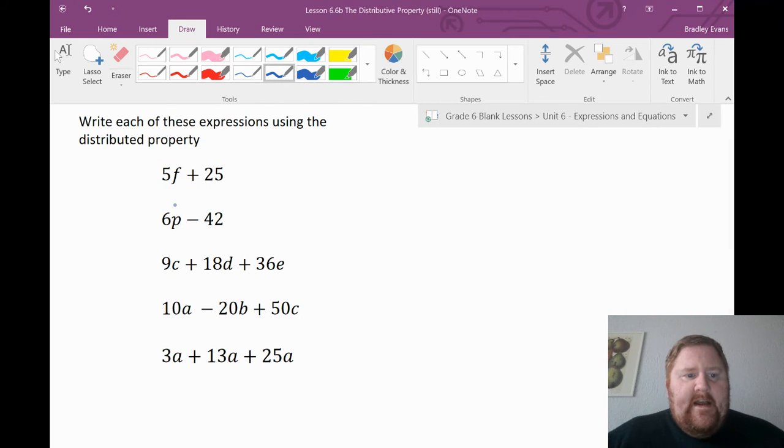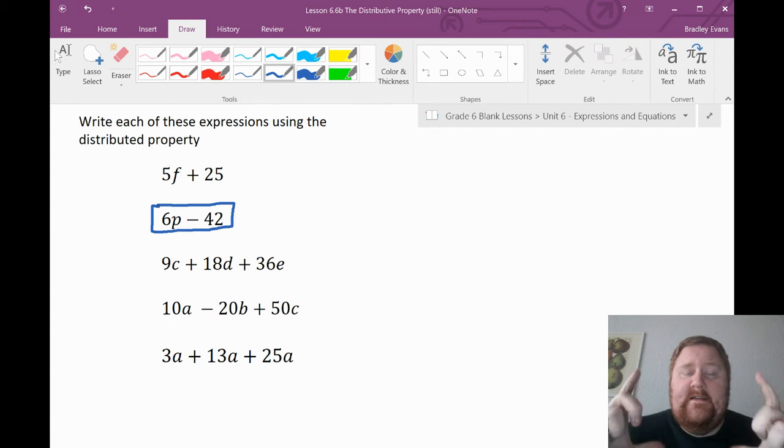Okay, let's take a look at the next expression, and I would like you to pause here and try yours first. You are going to find a number that can be divided into 6p and 42, then take it out, and then write the sum in the brackets. So here's what I see. I see that 6p and 42 would share a product of 6. So I'm going to take the 6 out